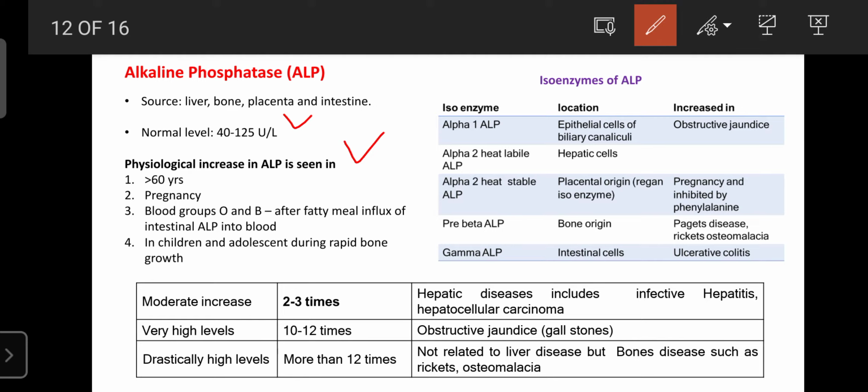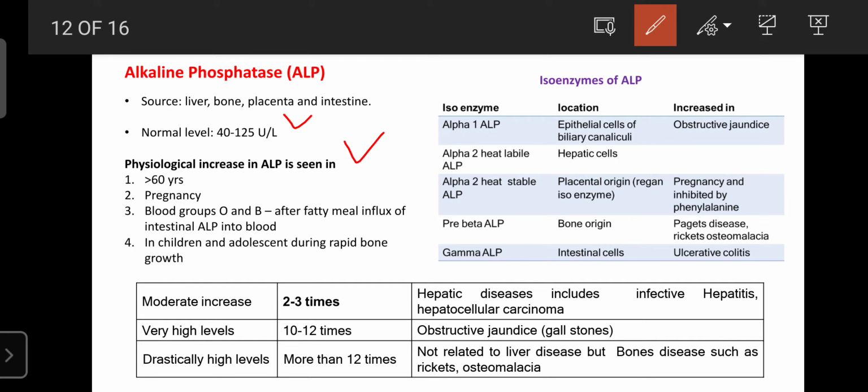So that was matter. But in the case of more than 60 years, definitely that level increases as the age goes on, and the development of the bones can stop. That is also considered. So you can conclude that this candidate was suffering from liver disease if he is more than 60 years and the ALP level is increased. The age is also considered for the diagnosis of disease through monitoring